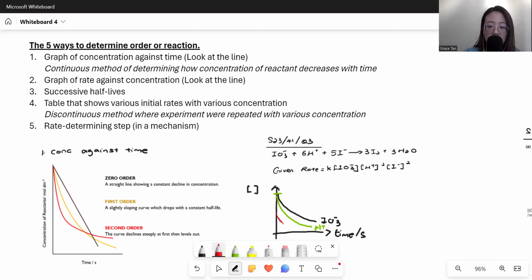So I'm going to make a very curvy line, and this is called the iodide. Okay, now we can only fathom it qualitatively, it's not going to be accurate because how curvy a line can be is different every time we judge. Okay, now this is a very easy method to know whether it's a zero, first or second order, especially for